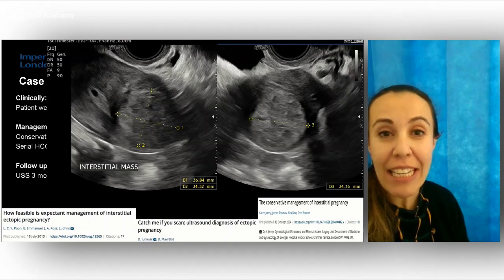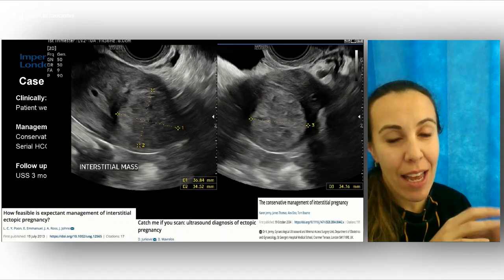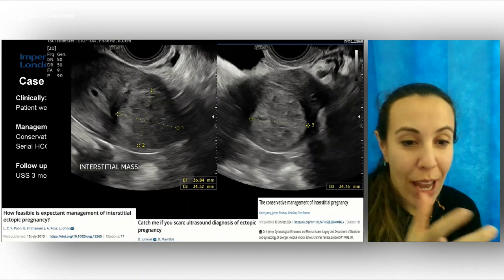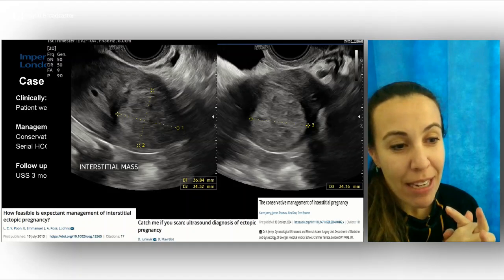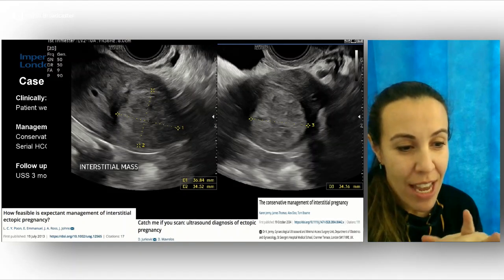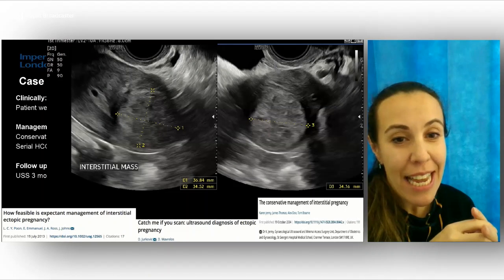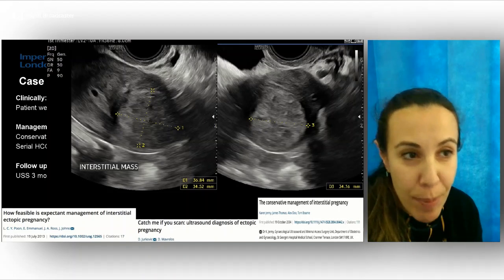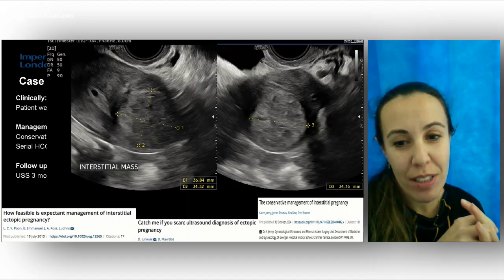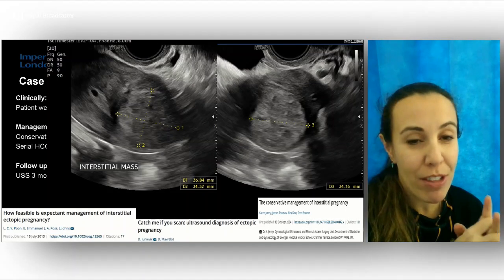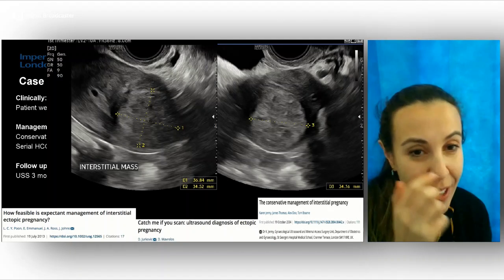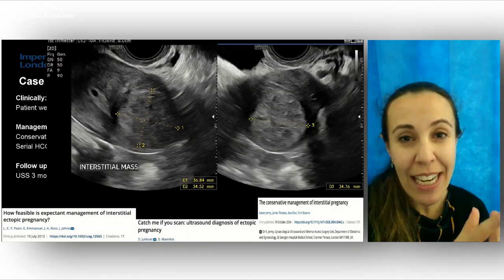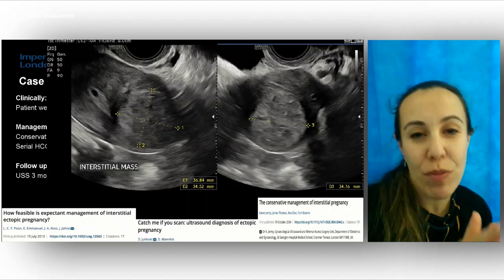I mean, it's really a difficult one. And again, Emma gave really good guidelines as to what we consider. So obviously patient factors, scan factors, and surgical factors, and of course, local factors. But I think in terms of interstitial pregnancies, if you're able to, and the HCG is falling and a patient is clinically well, an expectant approach is safe in those circumstances. There are papers on the use of methotrexate in this, and again, another way that has been shown to successfully treat interstitial pregnancies. Surgery, obviously, particularly in a low resource setting, because of the challenges of bringing women back,